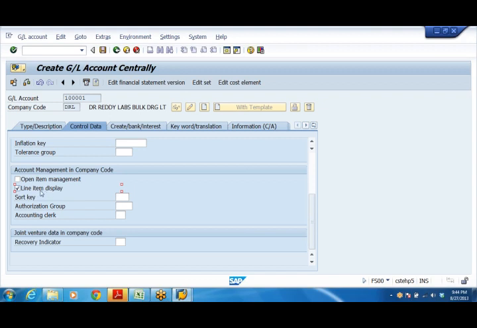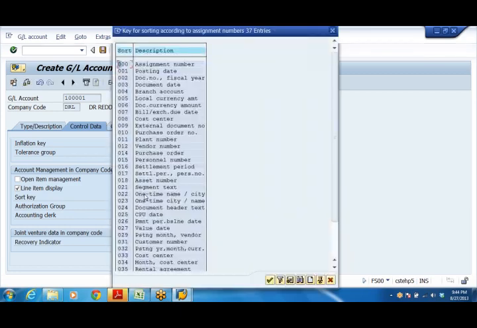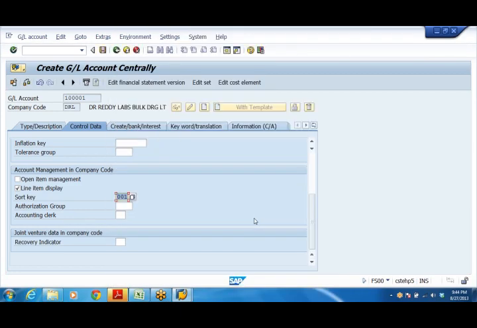So this I will show you once we post accounting entries. I'll take you to the GL account and there I'll show you what is the purpose of this. And even those line items, in what way they have to be sorted, that is, in what way they have to be stored. So posting date wise. There are so many options given here. Posting date. So line items will be displayed posting date wise.